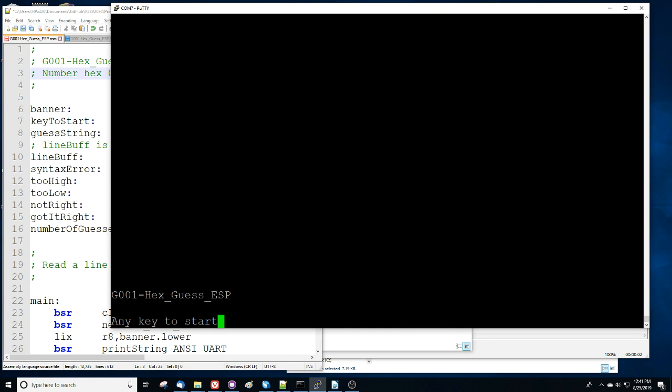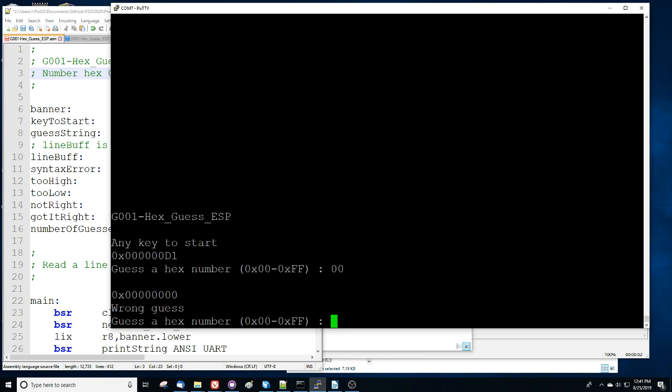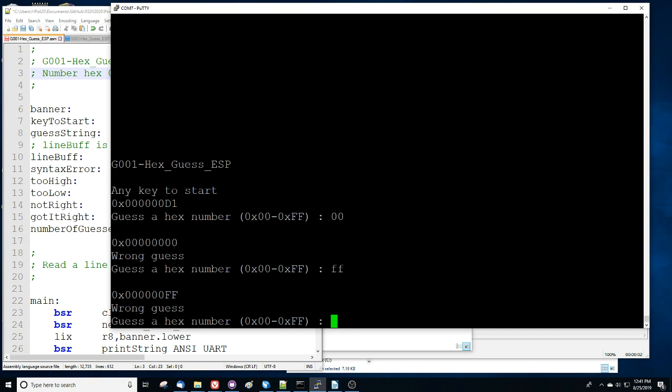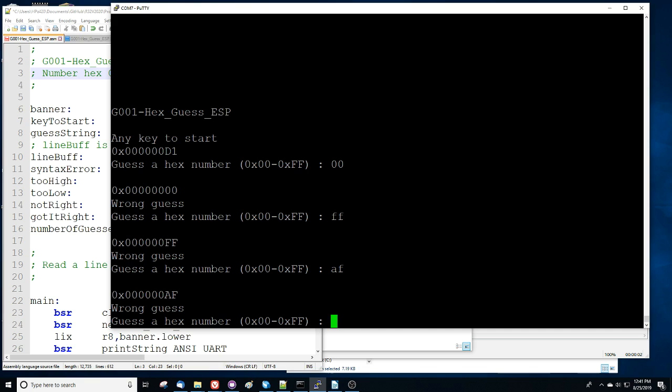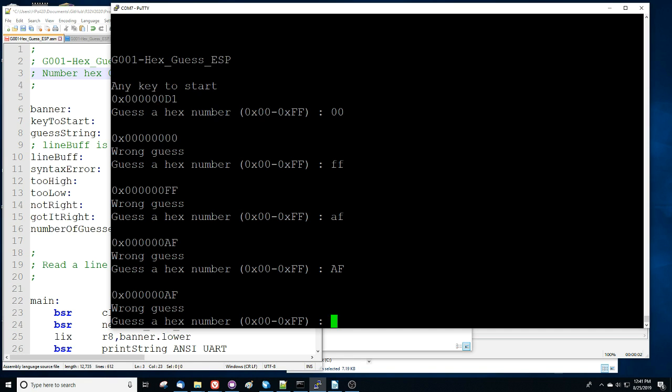Currently, it waits for you to hit a key so that it can generate a random number based on a timer. The result should be D1. We're leaving that hint in for the moment. It's a little more than a hint, it's the answer. But let's try the various numbers. So 00 does 00, FF does FF, AF does AF, uppercase AF does AF, B0,